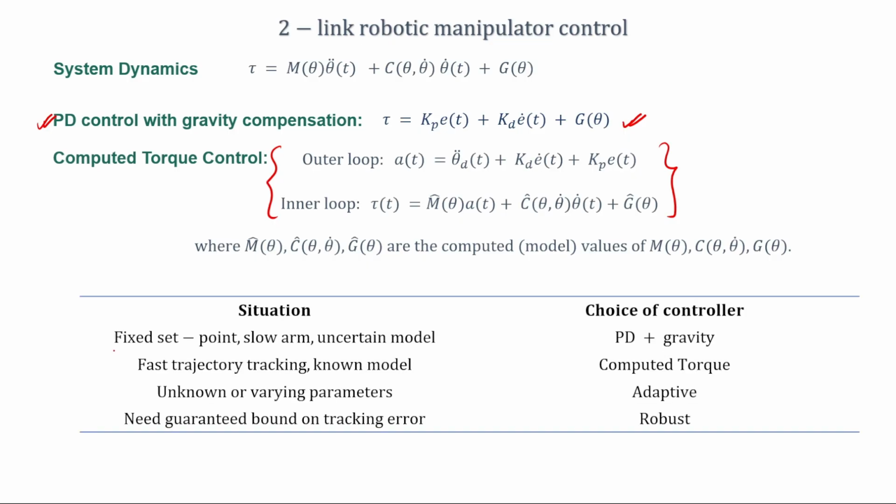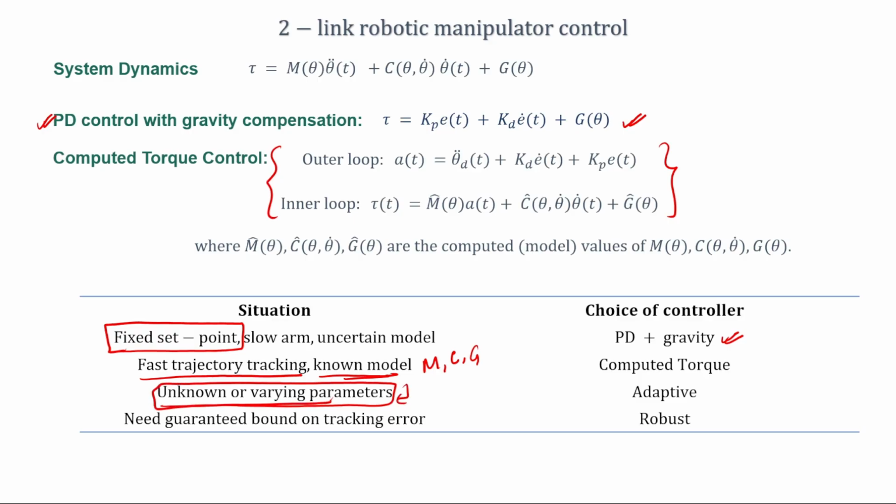So if you have fixed set points, if the desired joint angles are fixed, okay, in that case you can actually go ahead and use this controller. However, if fast trajectory tracking is required, and you know the model, means you know M, C and theta and G, then this computed torque control method should be your choice. If you do not have any idea about the parameters of the system, then these methods